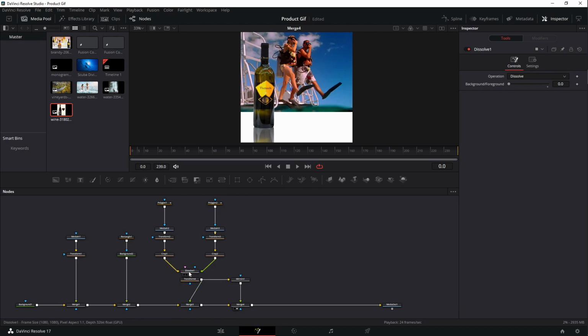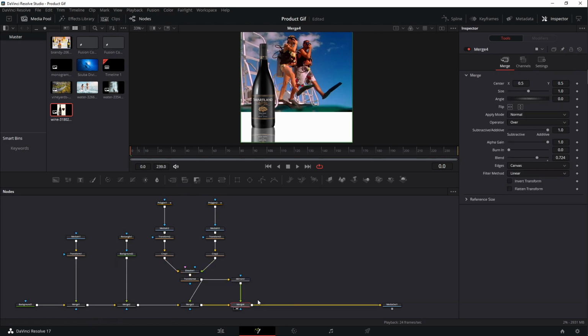Let's go ahead and as we play with this dissolve, you'll notice that the actual reflection changes to match the specific bottle that it is. So that's what we want. That looks pretty good. That reflection might be a bit much. Let's go ahead and come back into the merge, and I'm just going to blend this down just a little bit. All right, so now we have our reflection, we have our items on here, we have our product photography,